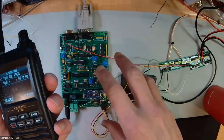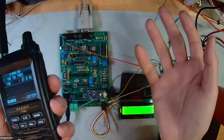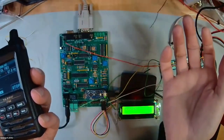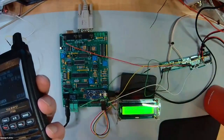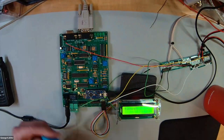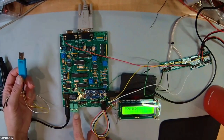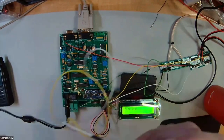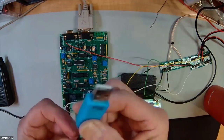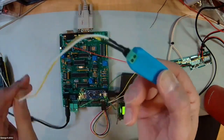The other things in a demonstration are kind of hard to see, like there's an open collector output that's pulled to ground. When that's active, it's hard to show physically, but that's happening here as well. The way you interface to this to program it, there's a serial port that comes out to one of these 2-pin terminal blocks. And this is the programming device. This is a USB to RS-485 converter. And so you just